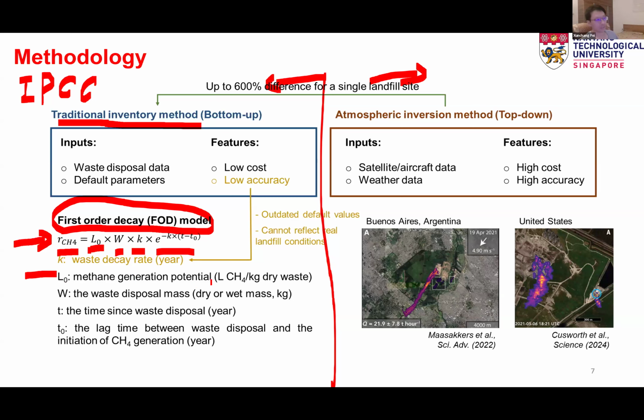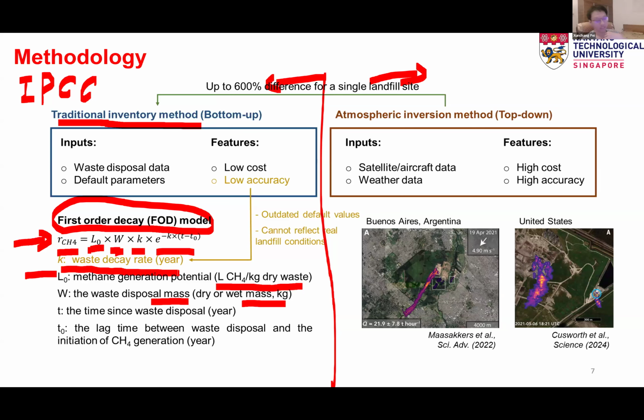Basically, it's just the total amount of methane that can be generated per unit of waste, per kg of waste. Liter of methane per kg of waste. So that's just the amount, right? It's quite easy to measure and obtain. And then the other number is also straightforward: waste disposal mass, W, in kg or in tons for each landfill. But then the trick, or I realized that the confusion or the uncertainty mainly comes from this K value, that